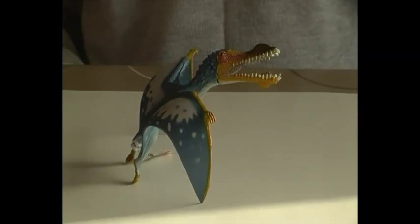How Anhanguera fed, nobody knows. Perhaps it was a skim feeder, flying along with its beak in the water to catch fish at the surface, with those crests on the jaws acting as stabilisers. Maybe it floated and seized fish swimming just below the surface, or perhaps it plunged into the water and pursued fish in a way similar to today's gannets and shearwaters do. No one really knows. What is certain is that this is an excellent pterosaur replica and a welcome addition to